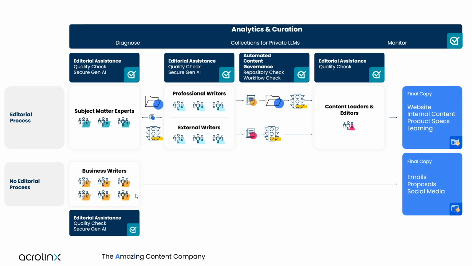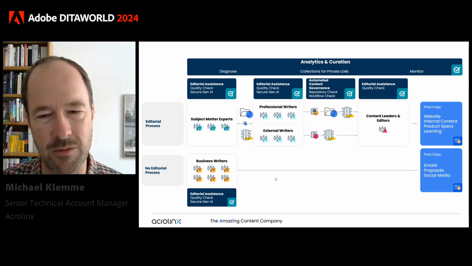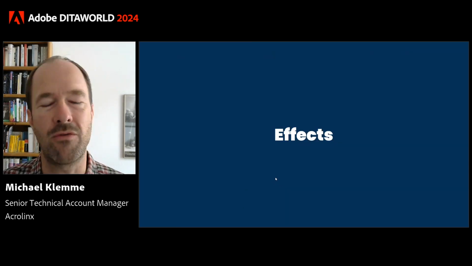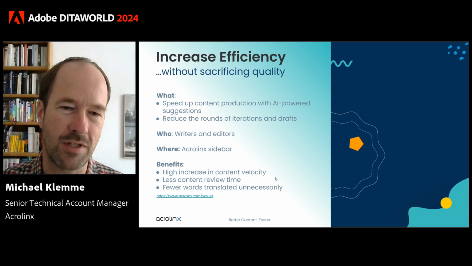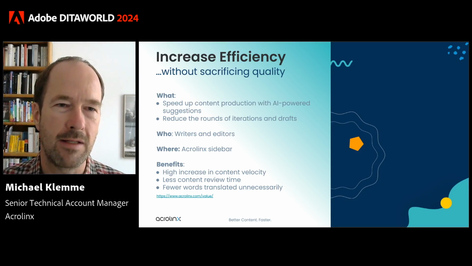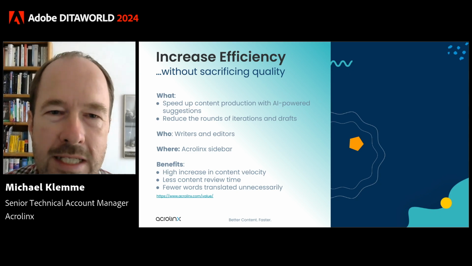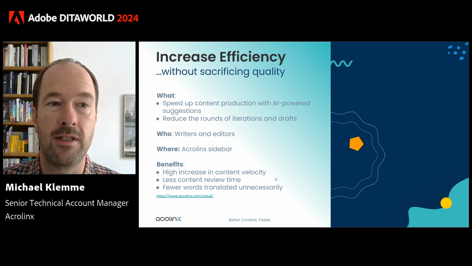If you have business writers that just write occasionally or need to shoot out content quickly, like support people, the kind of depth of the process may be limited, as we see it here in this diagram. What are the effects of using Acrolinx in all of those processes? The efficiency of the content creation process will be increasing without quality